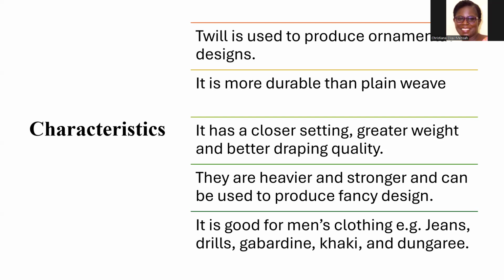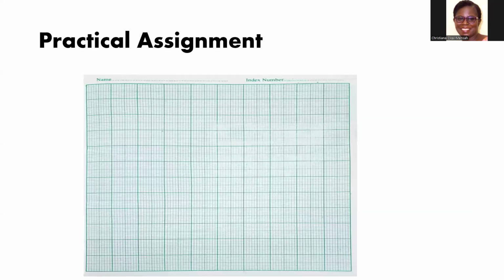Look at calico, comparing calico to that of jeans. Jeans is very heavy and stronger. So they are heavier and stronger and can be used to produce fancy designs. It is good for men's clothing because they are heavy. Examples are jeans, the gabardines, the khakis, and then the dungarees. Okay, so to this end, I want you to go and practice the twill weave. The main 2/2 twill weave, then use